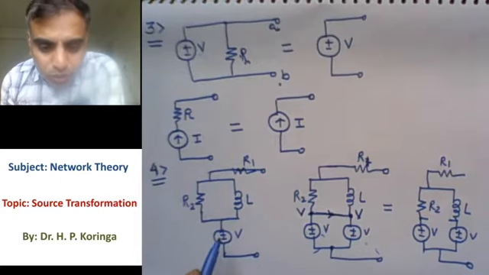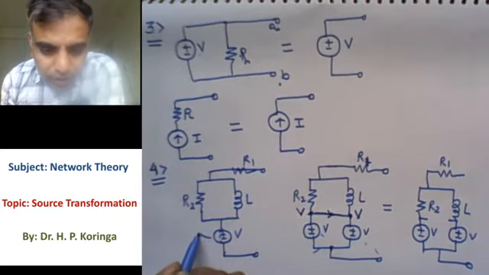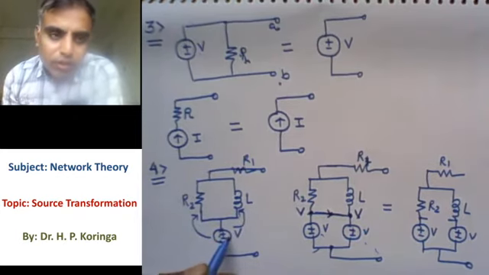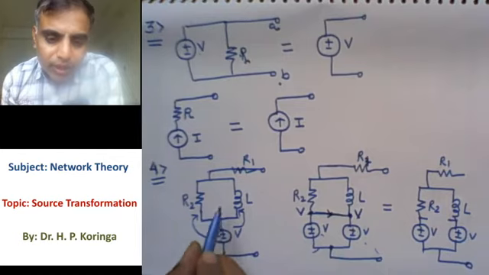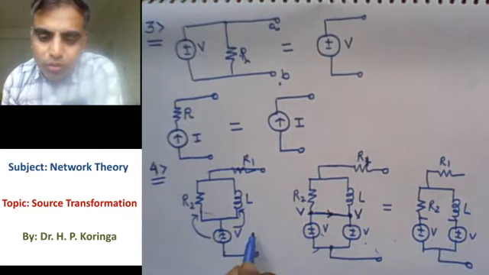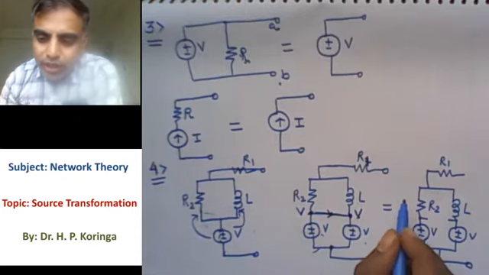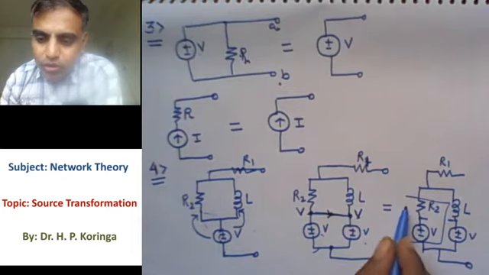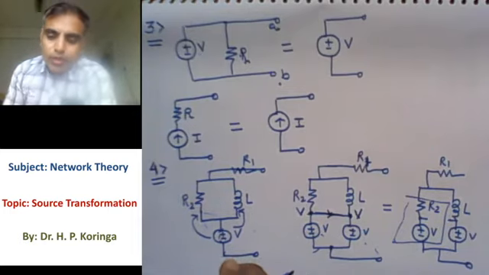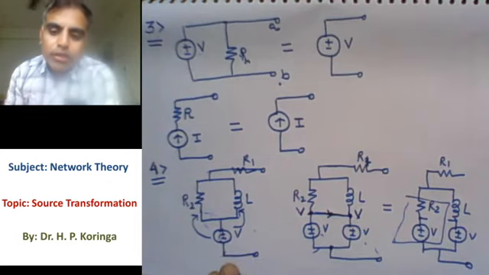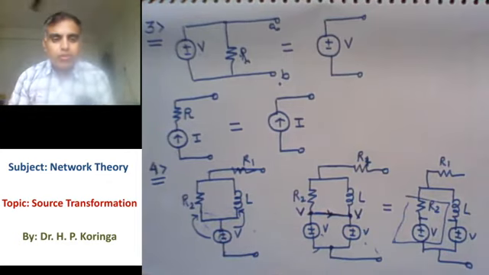So in short, whatever the voltage source, we can assign the voltage source in series to both branches. One voltage source connected in parallel to two branches can be assigned in series to both the branches. So these two are equivalent. This voltage source V we can assign in series to both, right? Once we get the series resistance and voltage source, it can be replaced by a current source to simplify the network, right? So these are the rules for the voltage source. Same rules for the current source.